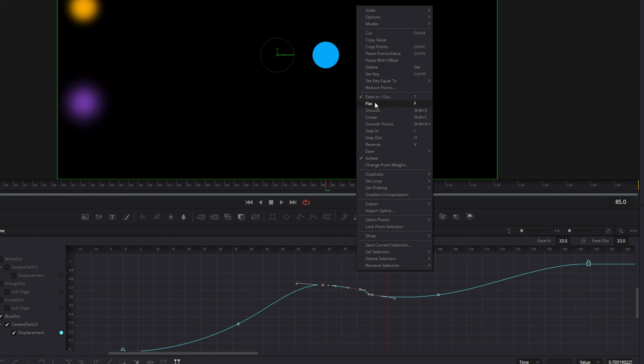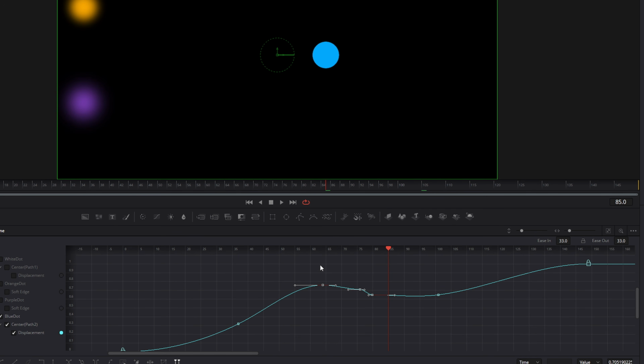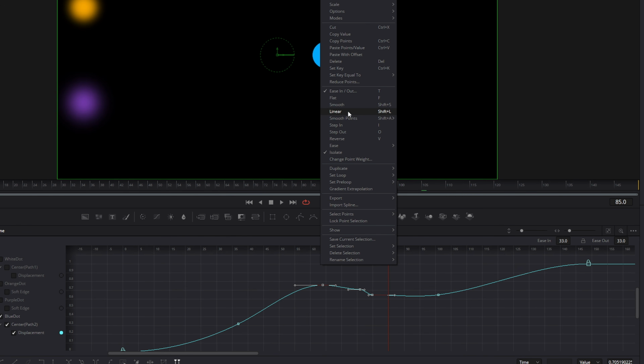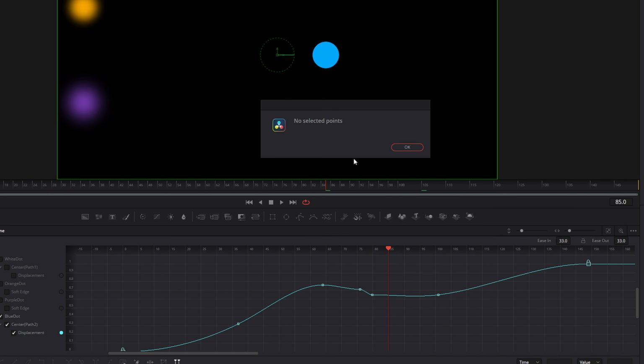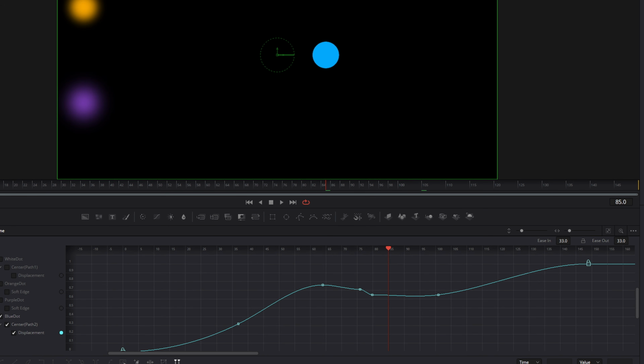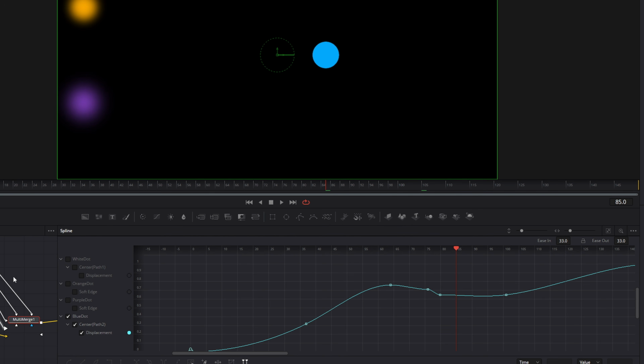We can also select flat to flatten it out. Smooth, linear, smooth points, our step in, step out, our reverse, our ease options again, our isolate, and our change point weight right here. And this doesn't come into play, so if I select it, you're going to see no selected points. But if I go to,